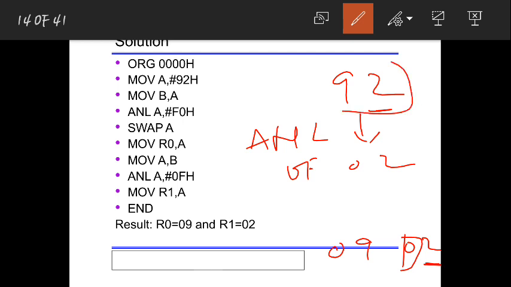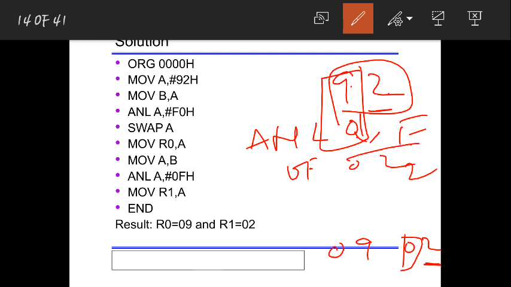If I do 92 ANDed with 0f, this term will become 0, because 0 into something is always 0 in an AND operation, and f into 2 will always get the same value. 1 into something is always that something. Is that fine? So I'll get the same thing.